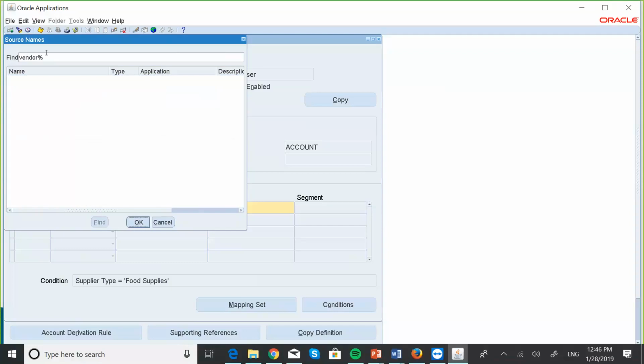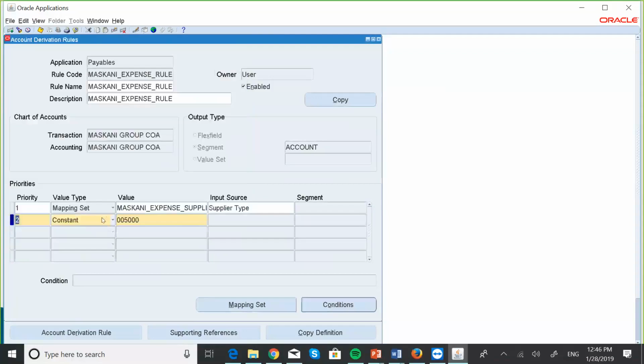Nothing. Supplier type. So the input source is supplier type. All right. Okay, so